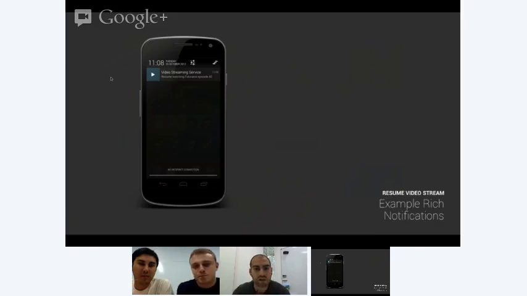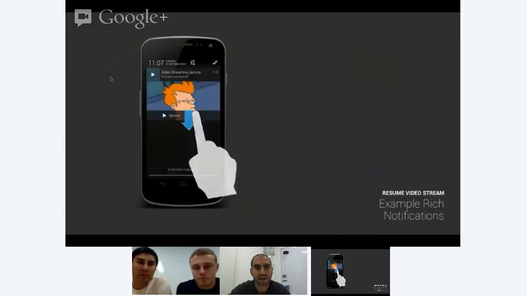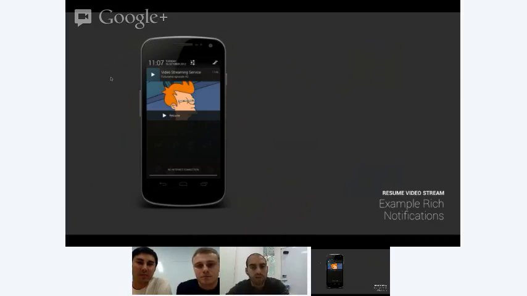So straight up here, as you can see, this is a fairly standard looking notification, which we would call a 1 unit of size notification, or 1U, showing the standard information. So you have a headline and a subtext strapline. And by running a finger down the notification, you can then expand it out to a greater size. This is an example we've taken here for video playback, an online video streaming service,